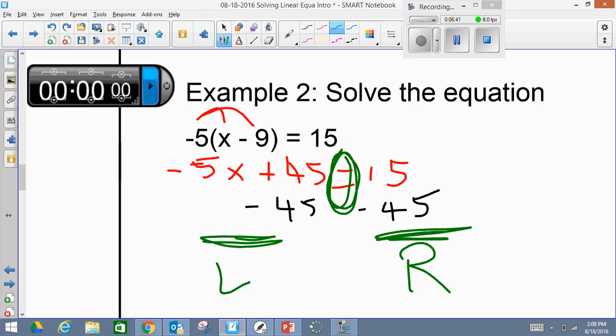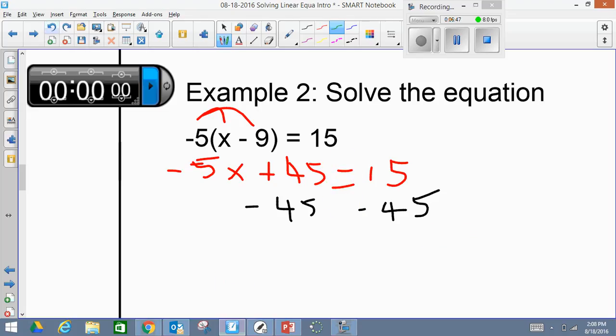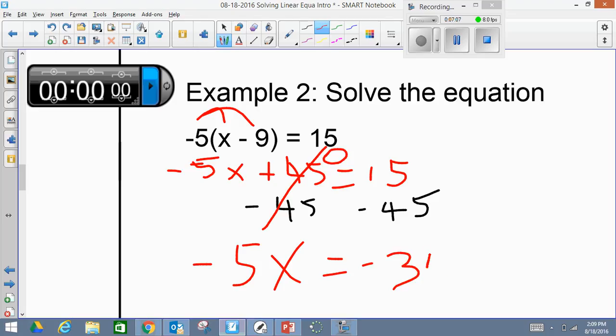The equal sign separates the equation into two different sides, and that's what I'm doing. So if I do it on the left side, I do it on the right side, the negative 45. Okay, I hope that's clear. Now, 45 minus 45 is going to give me 0. I bring down the negative 5x equals 15 minus 45, which is going to give me negative 30. The following step,